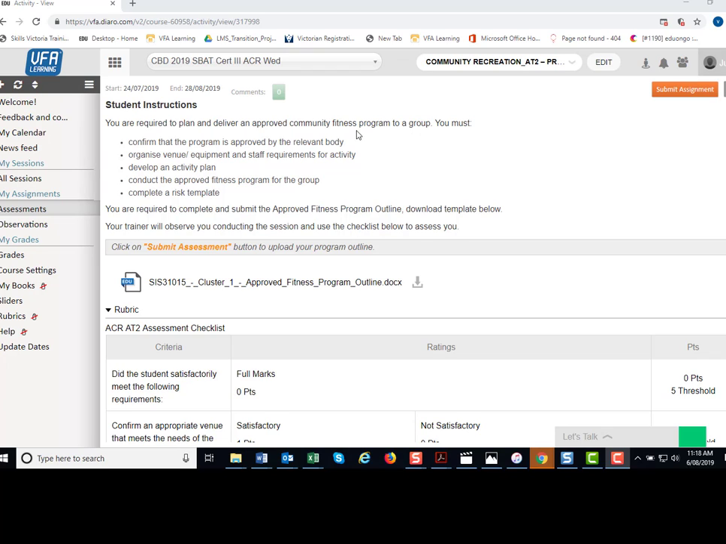approved community fitness program. So an approved community fitness program is a program that's been approved by a governing body, another government body, an industry body like Fitness Australia. Your trainer will give you some ideas on approved community fitness programs that are suitable for this assessment task. So as you can see, you need to confirm that the program is approved, organise the venue, equipment and staff requirements for the activity, develop an activity plan, conduct the approved fitness program for a group, and complete a risk